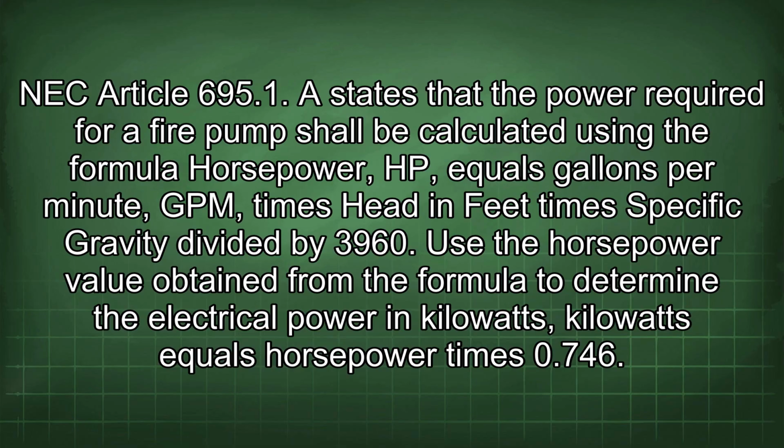NEC Article 695.1 states that the power required for a fire pump shall be calculated using the formula horsepower, HP, equals gallons per minute, GPM, times head in feet times specific gravity divided by 3,960. Use the horsepower value obtained from the formula to determine the electrical power in kilowatts. Kilowatts equals horsepower times